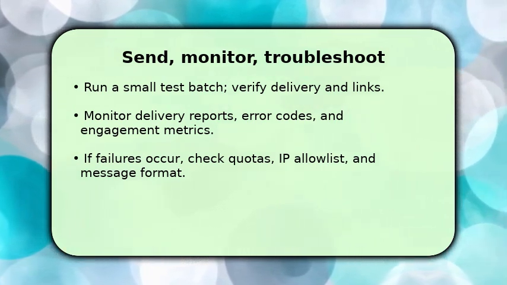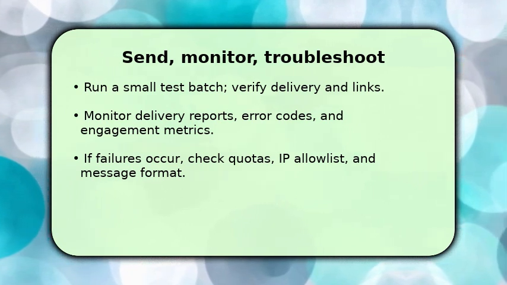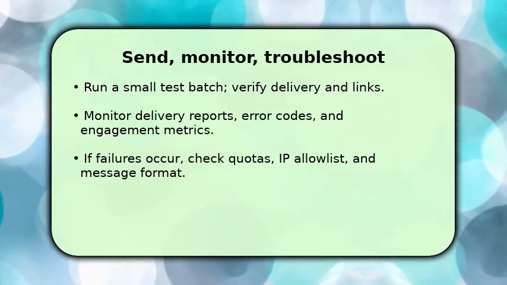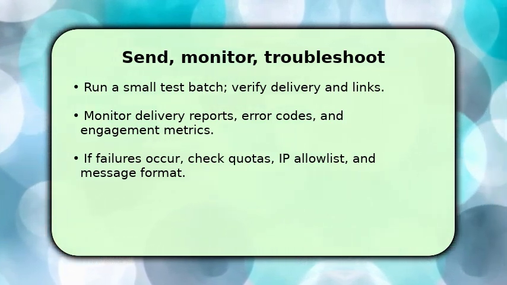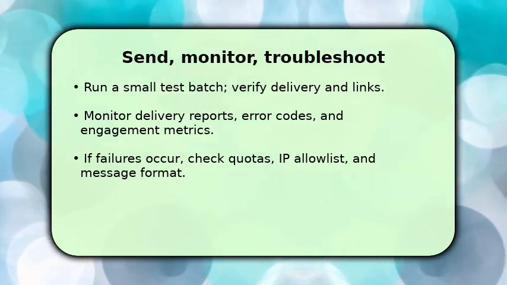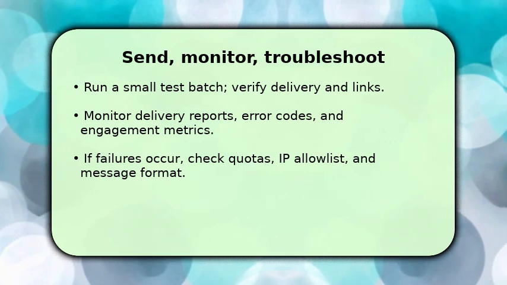If messages fail, check quotas, IP allow list, sender ID approval, and message format. Incorrect encoding often breaks delivery. Finally, scale gradually and keep retry policies tuned so you maintain deliverability while minimizing carrier rejections and protecting your sender